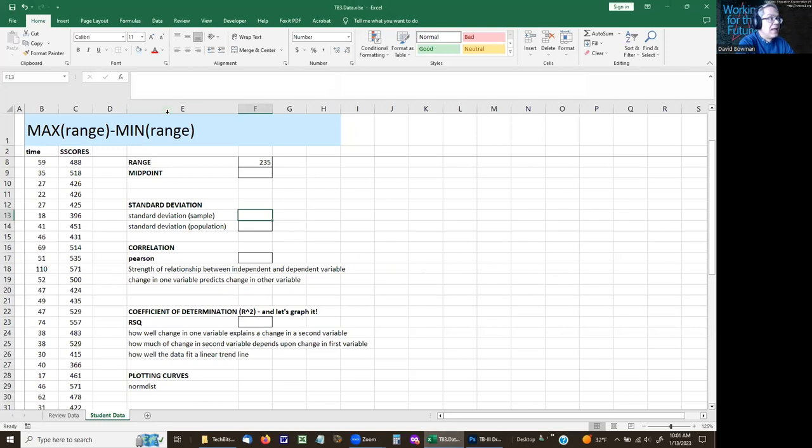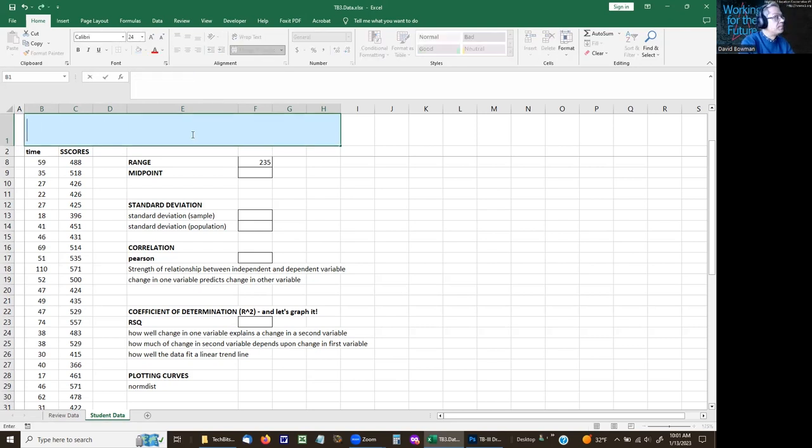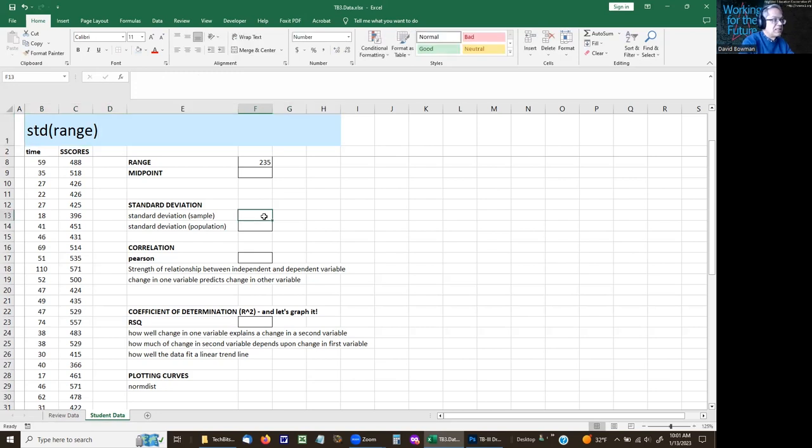So we calculate, and Excel makes this crazy simple. Once upon a time, when I was tutoring stats for UNM, I had all these formulas memorized and I could write them out on the chalkboard, a very big chalkboard with a lot of chalk. Or I could just do standard deviation and the range, and Excel will give me the same value. So let's say we want the standard deviation of the scores, equals